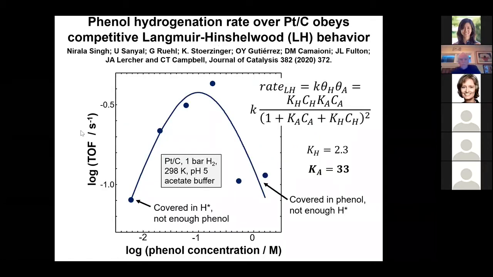So this is a kind of a classical plot that you might make if you were doing experiments in the gas phase kinetics of catalysis that I'm so used to. It's just measuring the rate as a function of a reactant concentration. And this had been done, of course, for, this is the turnover frequency versus phenol concentration during thermal aqueous phase